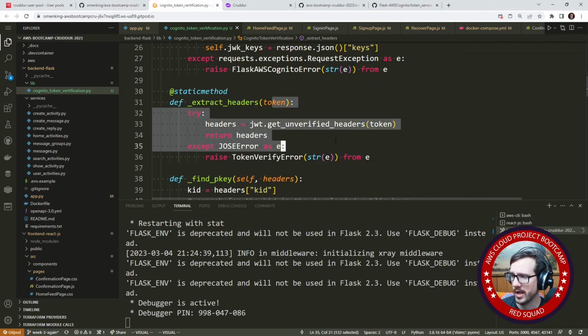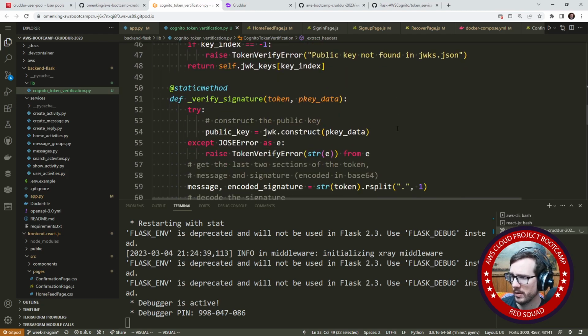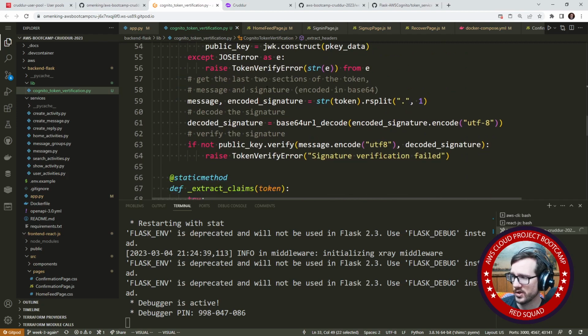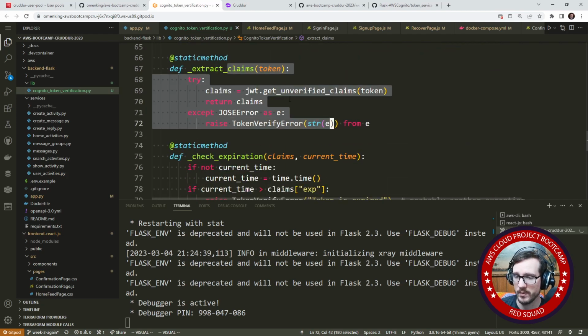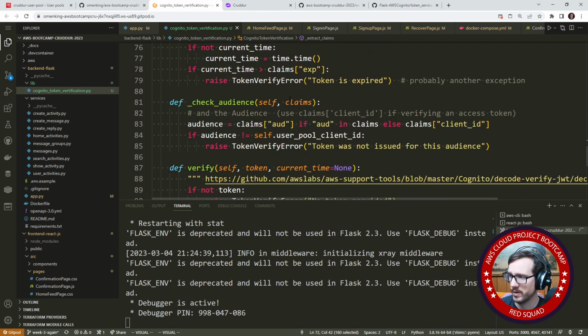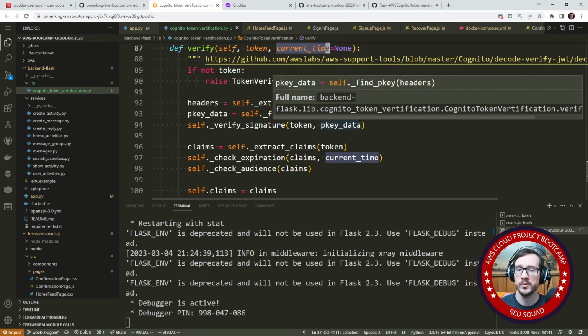Here we're extracting the header information. So here it's expecting the header to be that authorization token. So I think we can walk through this and figure it out. Then we have the verification signature. So it works through here and decodes it. Then extracts the claims, whatever claims mean. I don't even know what that means, but it's probably the data from it. And at the end, when we verify it, we do token current time. So